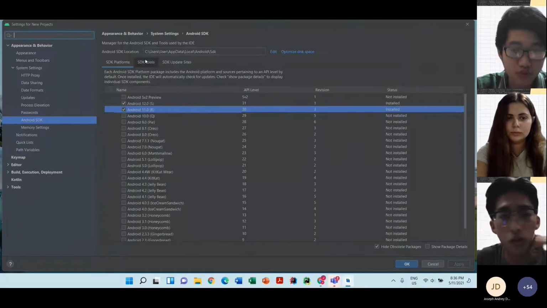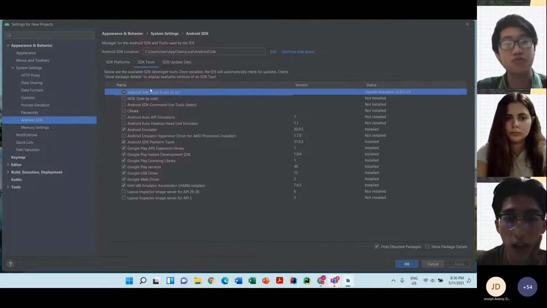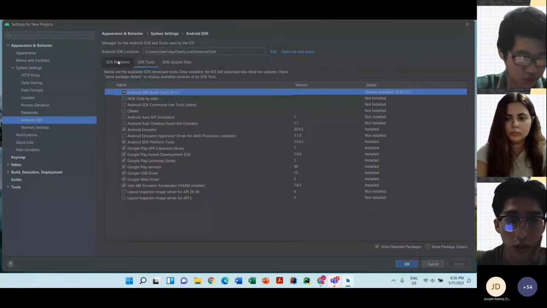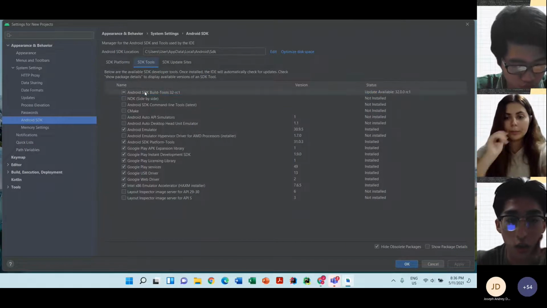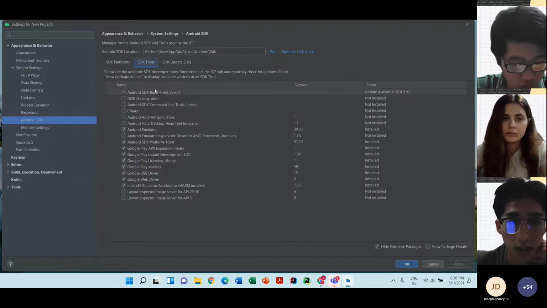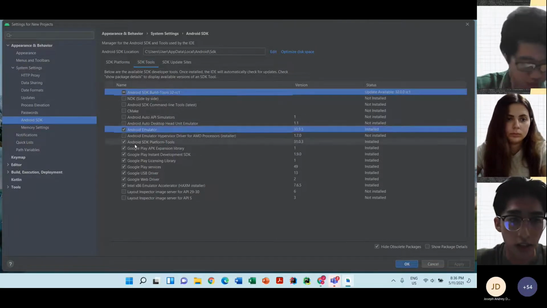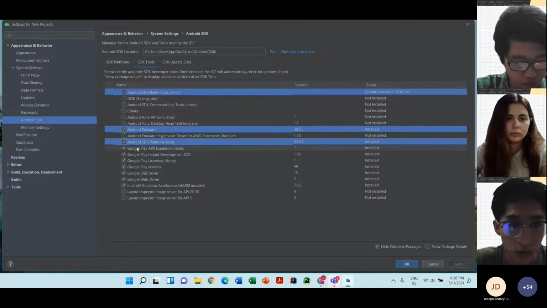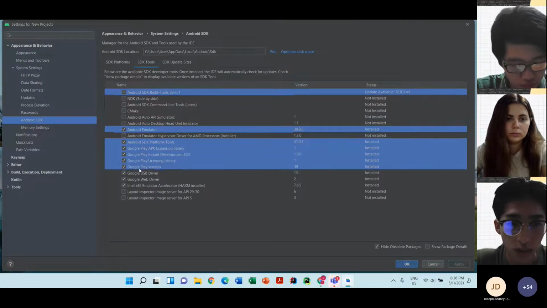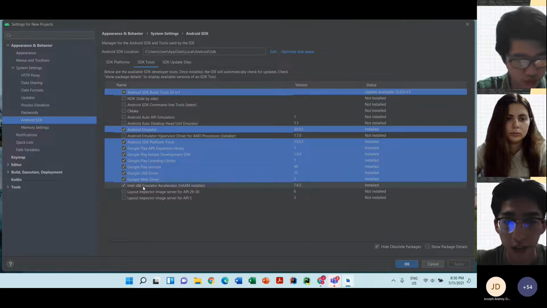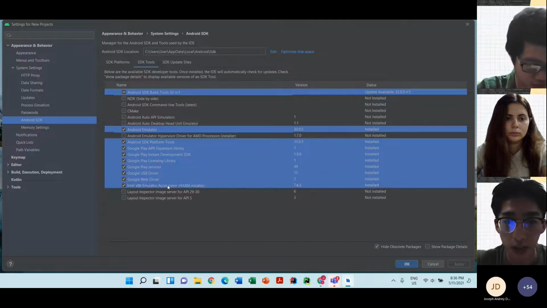For the SDK tools, we'll be selecting Android SDK. So it's the platform and SDK tools. For the SDK tools here, you can select Android SDK build tools, Android emulator, Android SDK platform tools, all the Google Play ones, and the Intel x86 emulator accelerator.